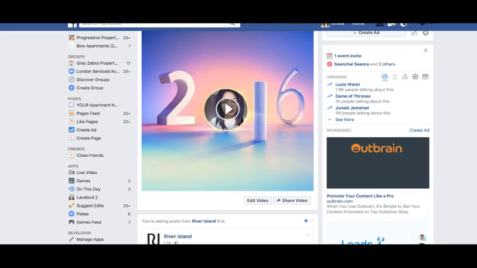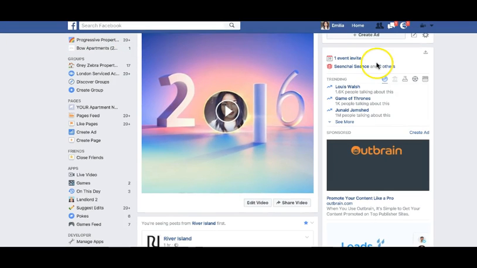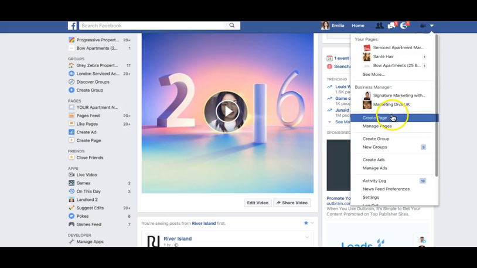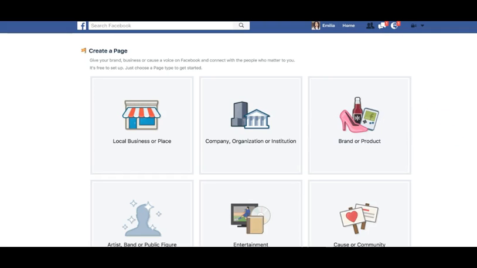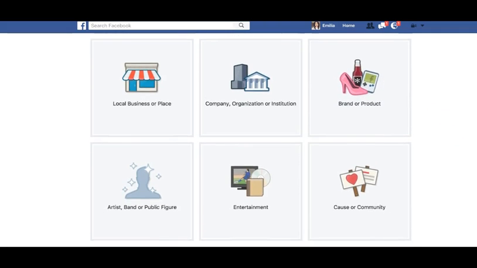Okay, so if you log into your Facebook profile, there will be, let me just pause this so you can see the drop down. Okay, so to create a Facebook page, you need to click this drop down menu here and then select Create Page. When you do that, you'll be faced with 6 options: local, place, company, brand, cause, entertainment, public figure. Right, the 2 options you have is either this one,